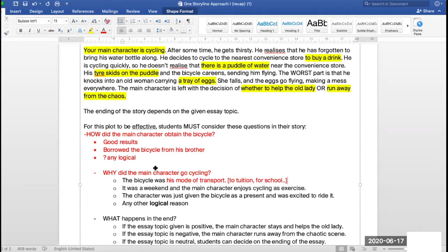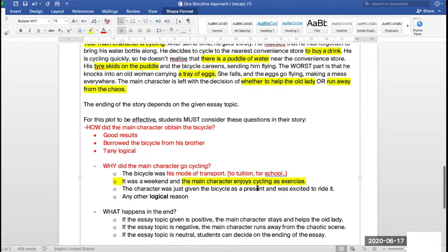The next reason, maybe it was because it was the weekend. The main character enjoys cycling as exercise, so he decided to bring that bicycle out and enjoy a good old time cycling. The last one is because it's a present. Usually if you have ever received something new, there's a kind of novelty surrounding it, right? You'll be dying to ride it or try it out. So this could be another potential reason as to why the main character obtains the bicycle